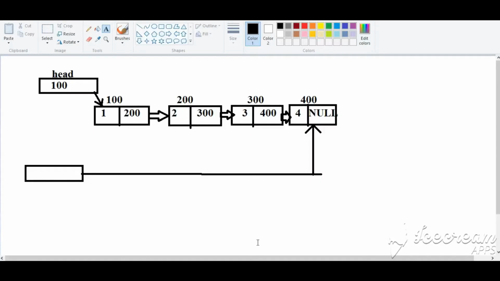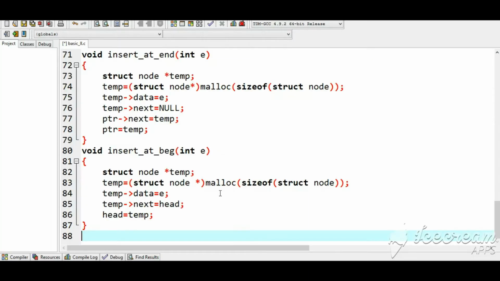Today we will be learning how to insert a node at a specific position in the list. I will be creating a node like this. Assume that we are supposed to insert a node at position 3. It will have two fields, the data field and the link to the next node. Our goal here is to make the link field of the node with address 200 point to the newly created node, and we want the newly created node's link field to point to the node with address 300. So we'll be writing a function like this: void insert